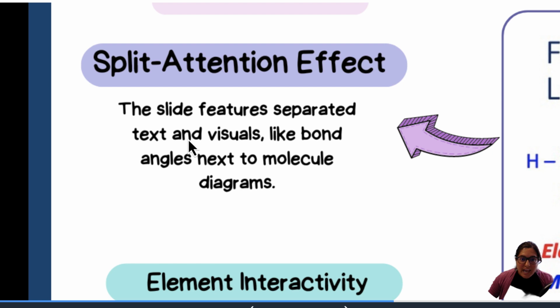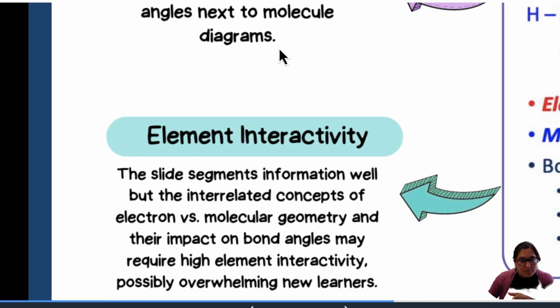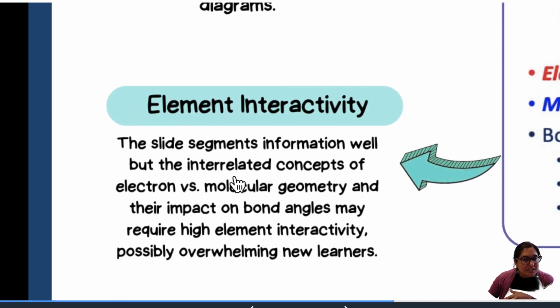We want the text to be in alignment with the visuals. Another element is interactivity. Of course, this is an isolated slide, so it doesn't account for the entire presentation. However, the information on the slide itself could be relevant, right? But the interrelated concepts, for example, of electron and molecular geometry and how they impact the bond angles, may require a higher element of interactivity, so that it's not an expository tone where I'm